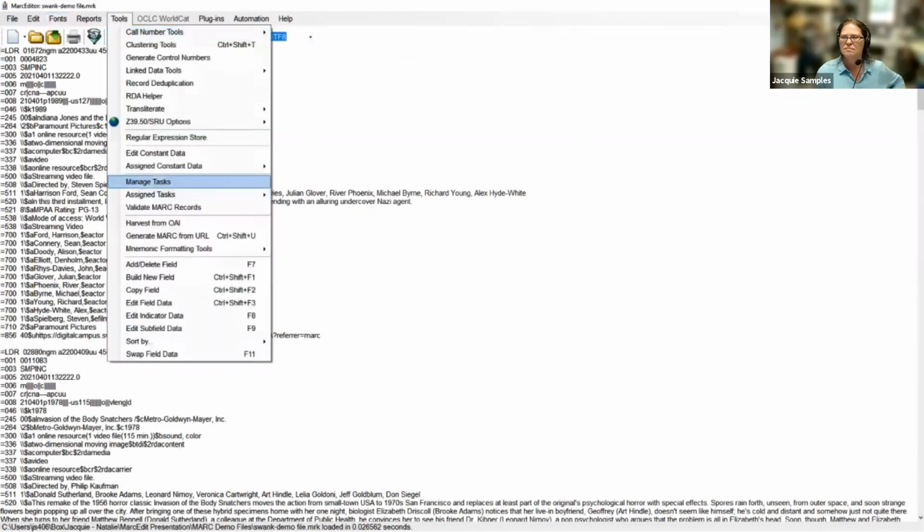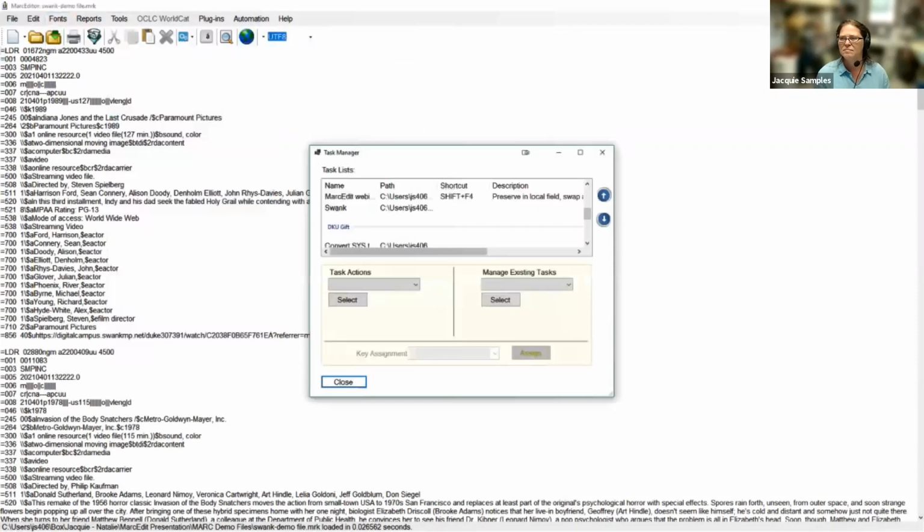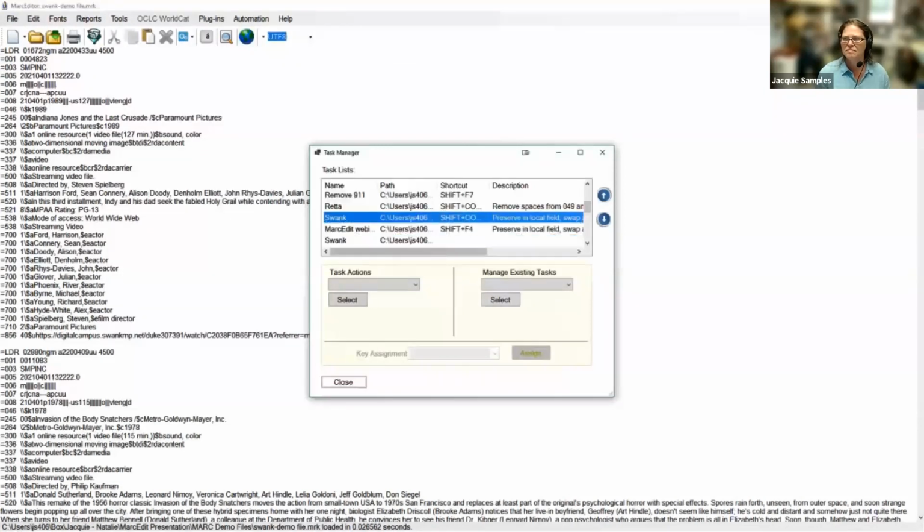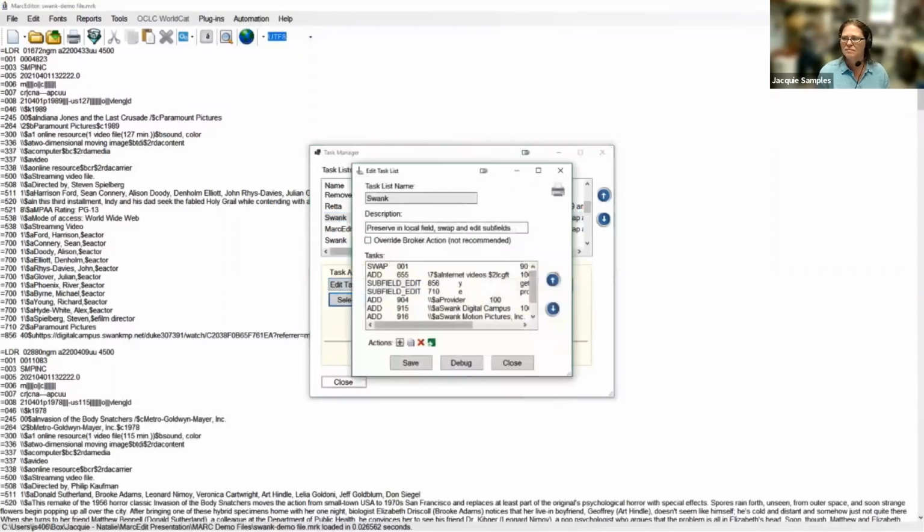So if we wanted to take a look at what the Swank task does, we can edit it. And you can see that there are many things that happen to this file every time we get a Swank set of files. We edit subfields, we add fields, and we swap fields.